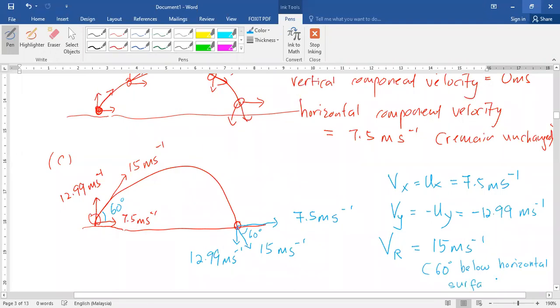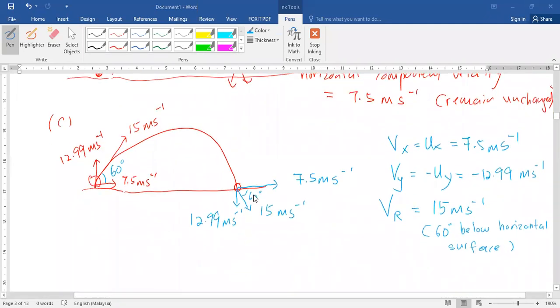Okay, or we can say that it is 60 degrees below the ground. Okay, this one is 60 degrees above the ground. Okay, so now that means that C1, this will be the answer for C1. Now,